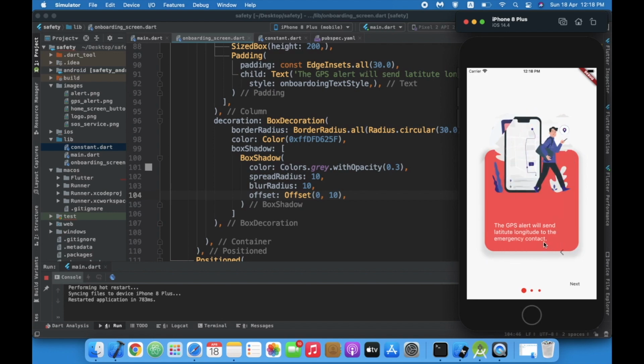Slide 1, slide 2. Okay, this is our slide 2. Now I want to change the container color of slide 2.